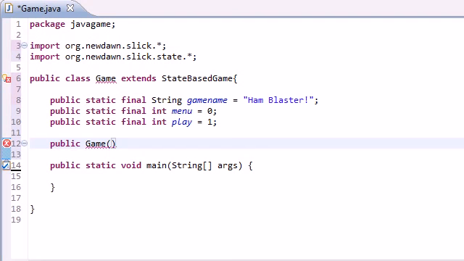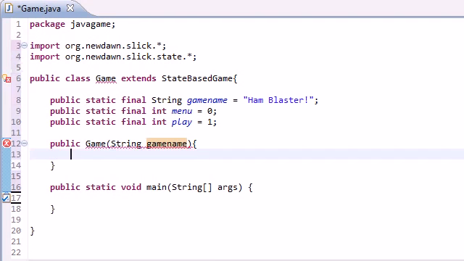And what this method is going to do is it's going to take the name of the game, Hand Blaster, as a parameter. So String, pass it in that variable gameName. Essentially what we're doing is passing it in Hand Blaster. And the rationale behind this is because whenever we first create this game, the first thing we want to do is create a window and put the title Hand Blaster at the top